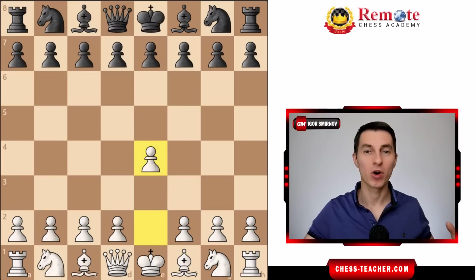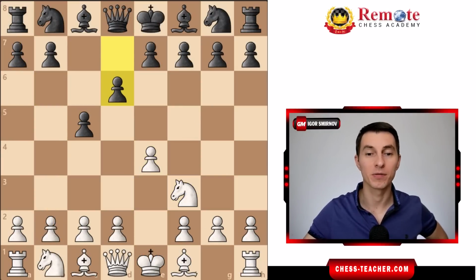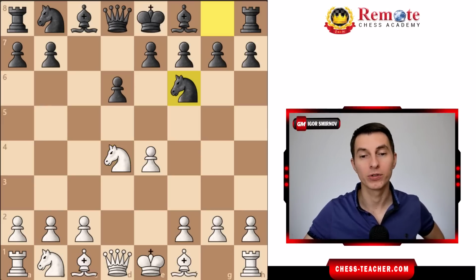The next trap works against the Sicilian defense. After pawn e4, pawn c5, we play knight f3, d6, so far so good, pawn d4, it's all the standard stuff, but after knight f6, black wants to enter probably the Najdorf variation or the Dragon variation, maybe the Scheveningen variation or whatever, but instead of the normal move, which would defend this pawn on e4, we pretend like we